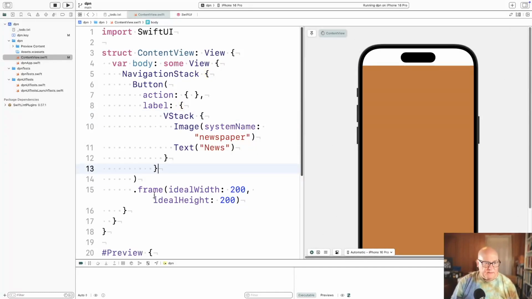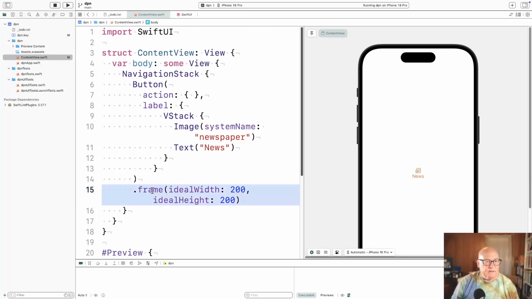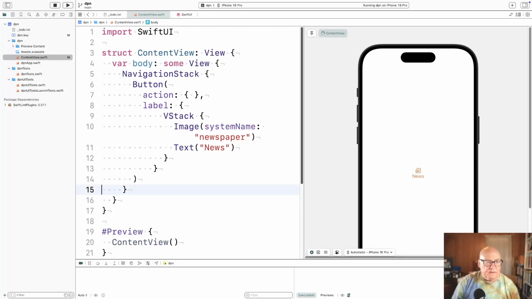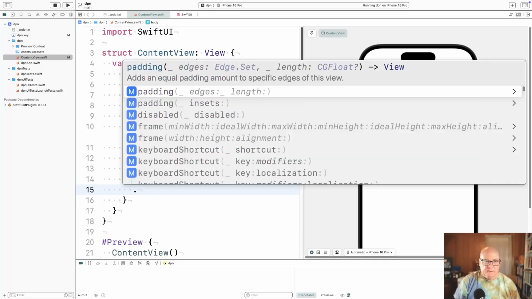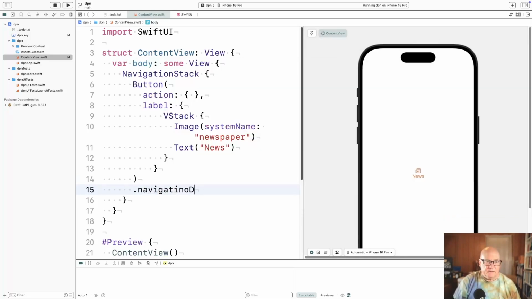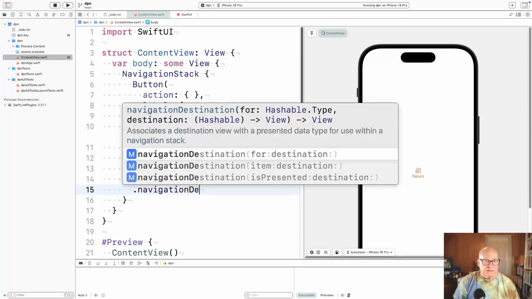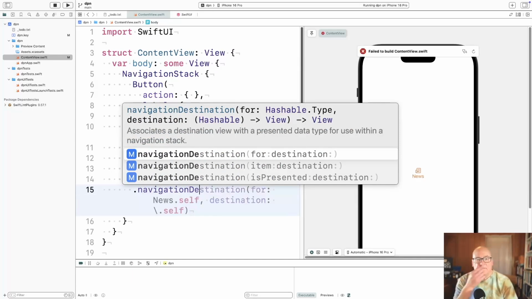I don't know why, because the frame would seem to like limit it. Okay, so button dot navigation destination. For type,